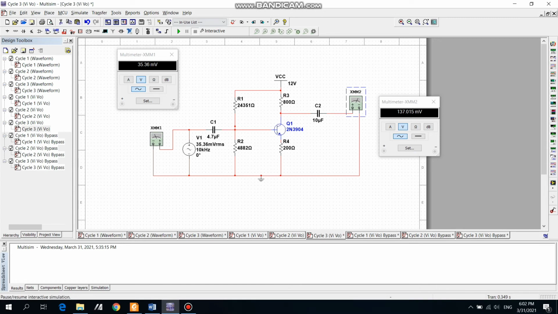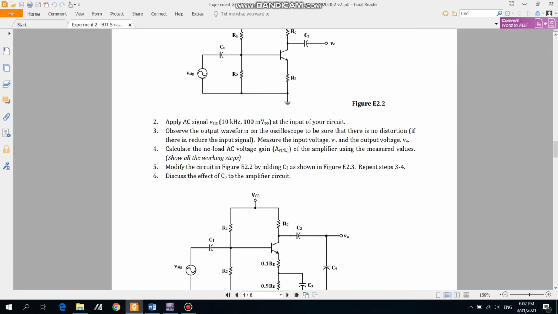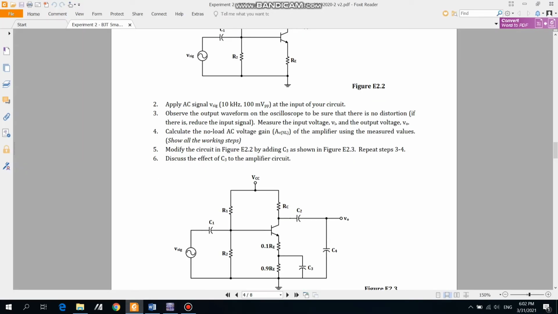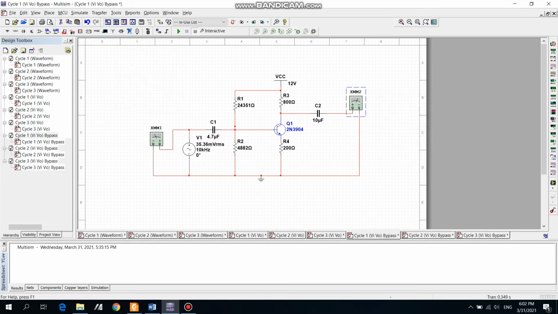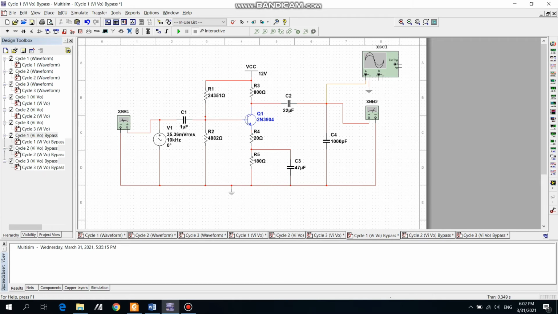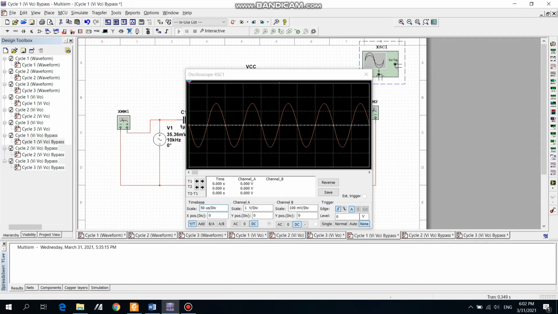And then the question asks us to add 2 more capacitors to the circuit, and then repeat step 3 and step 4. So we add the 2 capacitors here. This is cycle 1, and then we simulate, we see the waveform. There is no distortion here,